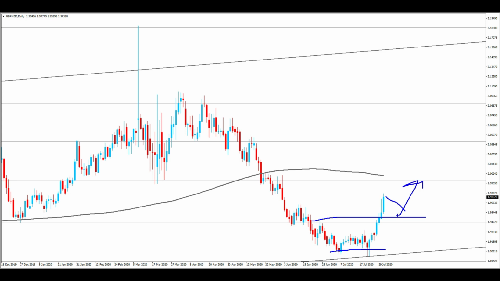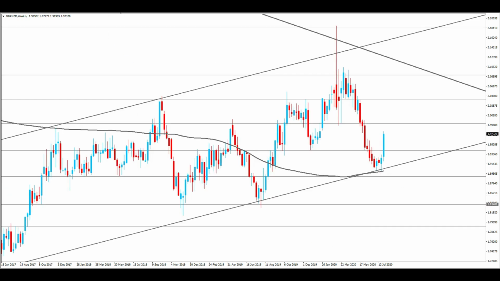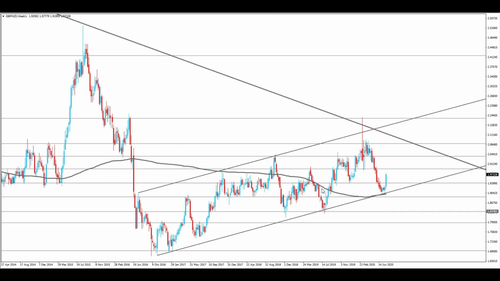And that's where you could be looking for some entries on the 4 hour and the 1 hour time frame for next week. And if I zoom out and go to the weekly, you can see that we've had this ascending channel pattern, and we could be looking for price to go reach this level up here where price failed and came back down, or price go and create another new high in the market and go retest the same upper trend line. But we do have that monthly trend line running through the market here,